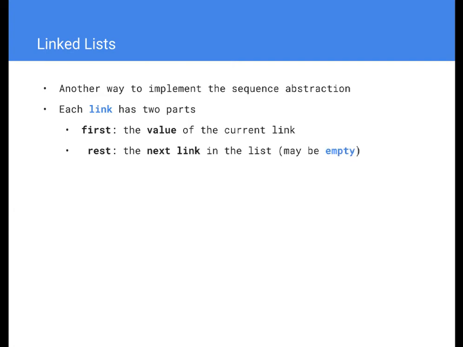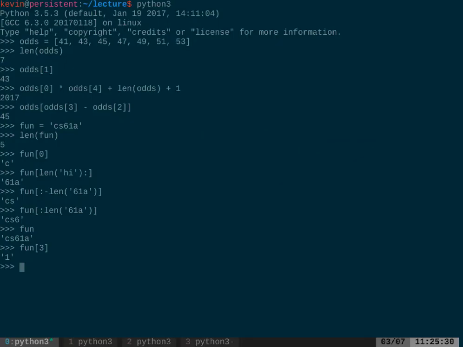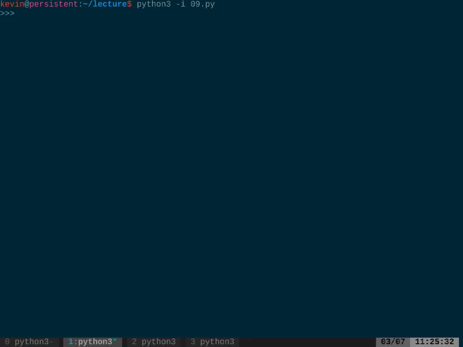All right. Let's get a new interpreter. So what I'm going to do is I loaded up Python with my files loaded in already. And I can create a link like this. I can assign S to be the link containing 1 as the first, and maybe even 2 as the rest. So this link structure allows us to put anything inside of it. And now I have S, and the way I can get the first out is by saying first of S, which will give me the 1, because that's what I put in for the first. I could say rest of S, and that's what will give me 2, because that's what I put in for the rest.